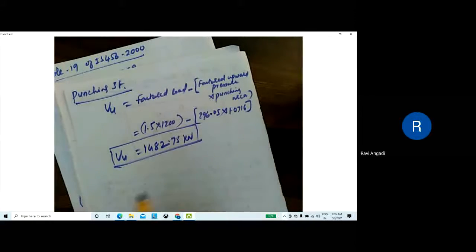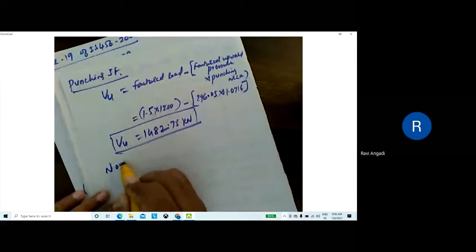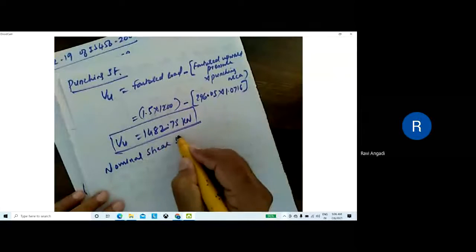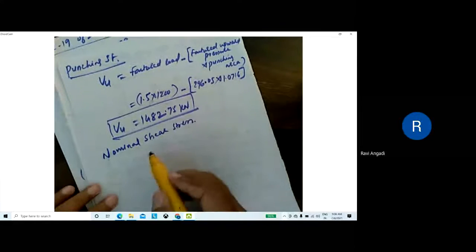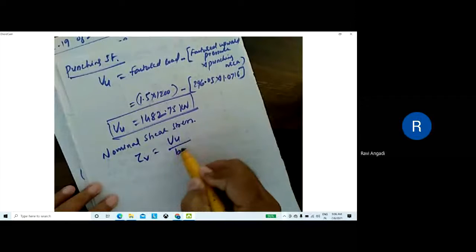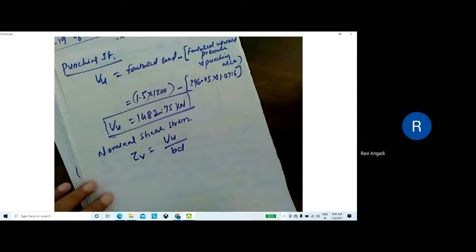This much is the force actually acting as the punching shear force. For this force, we need to check the nominal shear stress. Now, nominal shear stress, tau v. What is the formula?